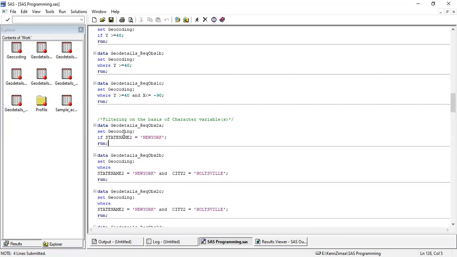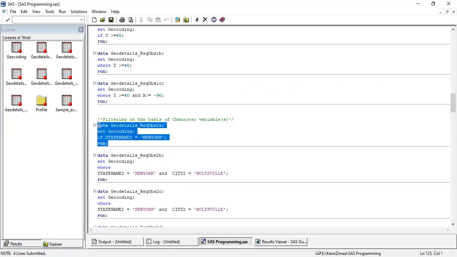So let's say I need data where the state name 2 is New York. I need only data for the New York state. So in my if statement, I will write if state name 2 equal to 'New York'.